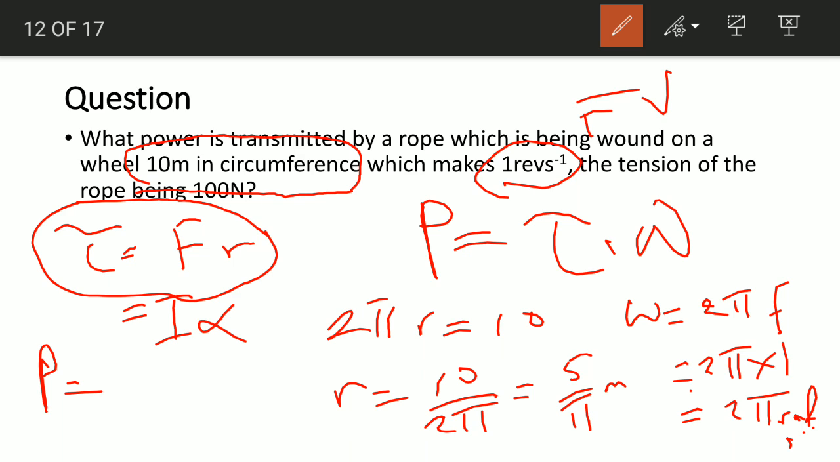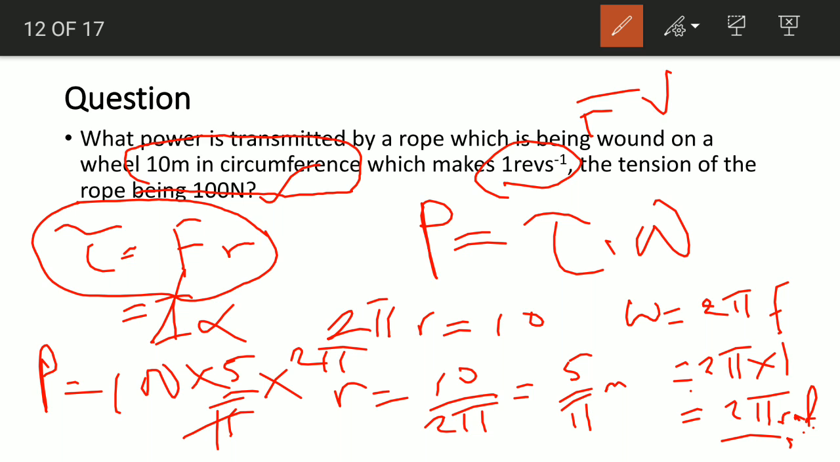Since we know the power is torque times angular velocity, okay, the torque is force times radius. So we are going to have force times radius. The force here is 100, that is given by the tension here. Times the radius, 5 over pi. Okay. Now multiplied by angular velocity, which is 2 pi. So you can see that this can cancel this. And at the end of the day, 100 times 5 is 500, times 2 is 1000. So our final answer is 1000 watts, which we can still write as 1